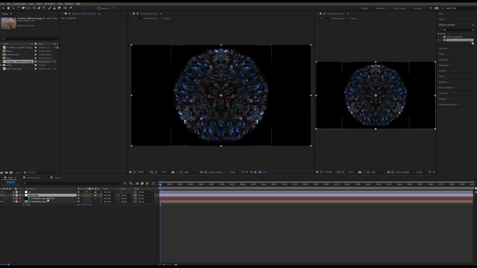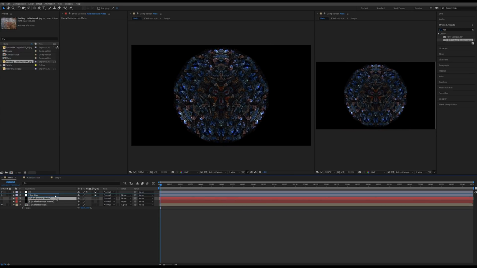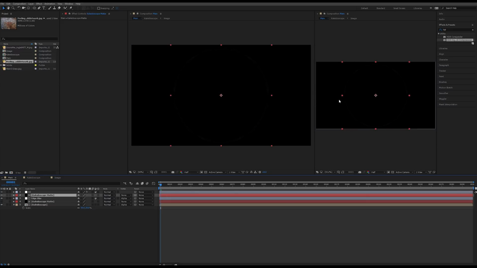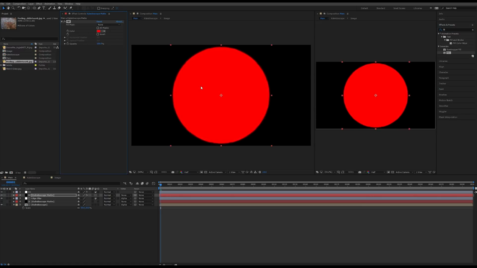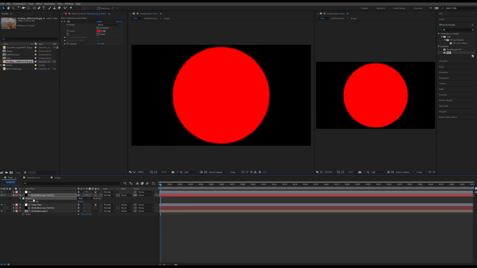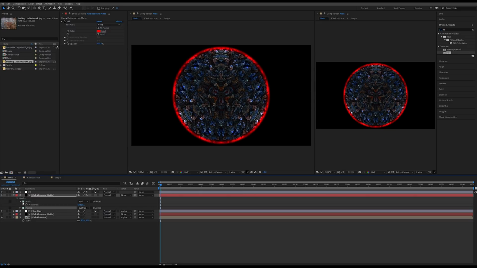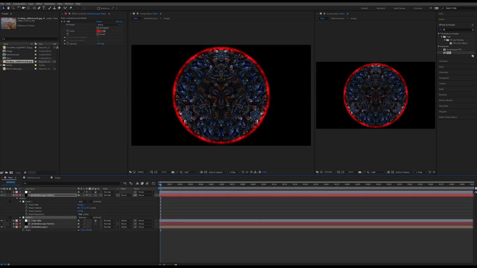And on the kaleidoscope matte, I'm going to just copy that. So Control D to copy that, and I'm going to pull that above my edge blur. And on the edge blur, I'm going to set the track matte to alpha. And on the kaleidoscope map, I'm going to have to turn this on so I can see what I'm doing. And I'm just temporarily going to add a fill effect to it. It's going to be bright red, but that's all right. With the M key, to bring up your mask controls, we're going to duplicate that mask, Control D, change the second mask to subtract, then we get a fringe. So on the first mask, I need to turn off my mask expansion.